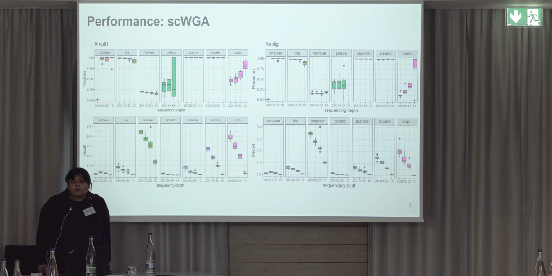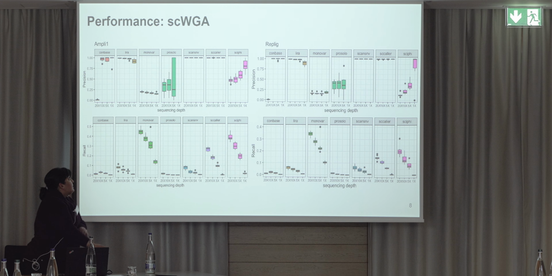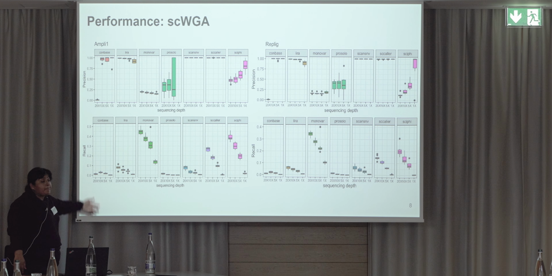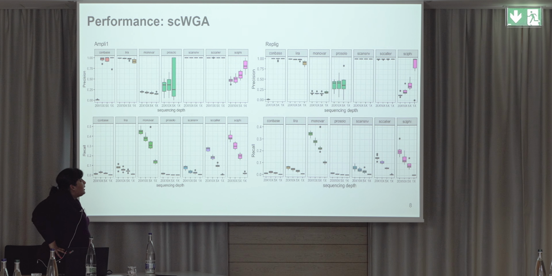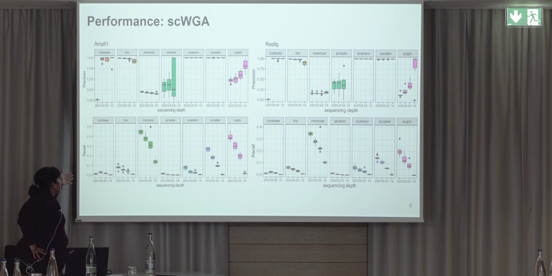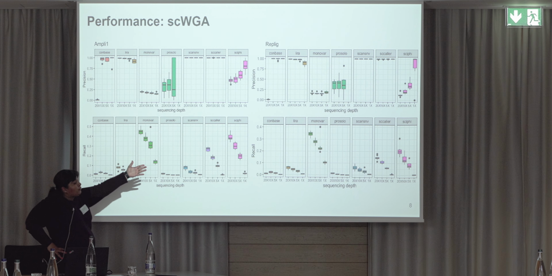Let's go to how these variant callers were actually performing. These are very preliminary results. You can see we have Ampli1 and Repli-G there. The upper blocks are the precision, and then you have the recall here. You can see some callers have really good precision, like Lyra, Scan SNV, and SC caller. But then the overall recall of these callers is less than 50% or 40%